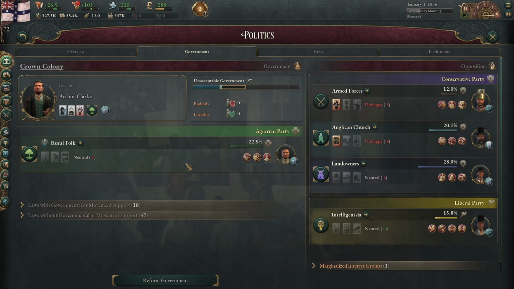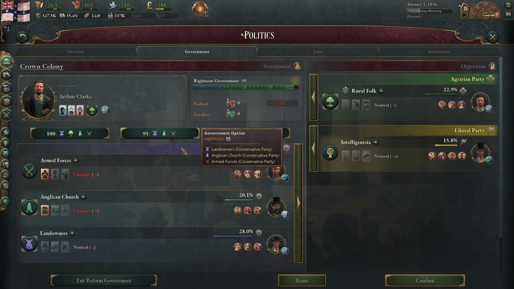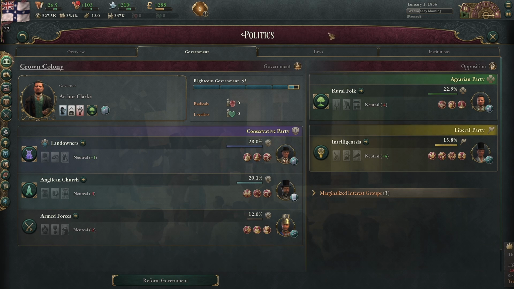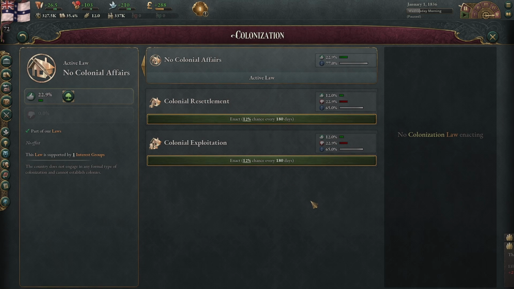Now, rural folk do not support colonization laws, so we're going to reform our government and take them out of the government. We're going to click this tab right here, the highest legitimacy that doesn't include the rural folk. We're going to hit confirm, going to come over to laws, colonial affairs, and for this run I'm going to